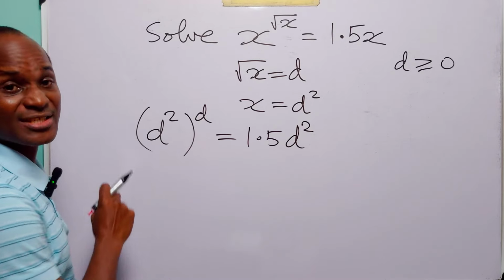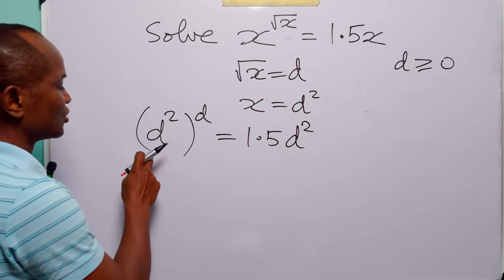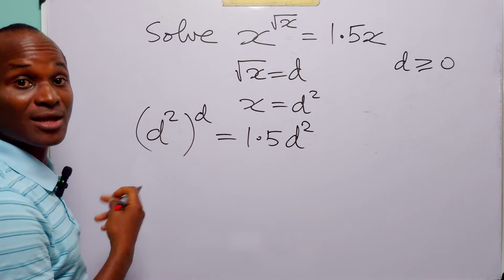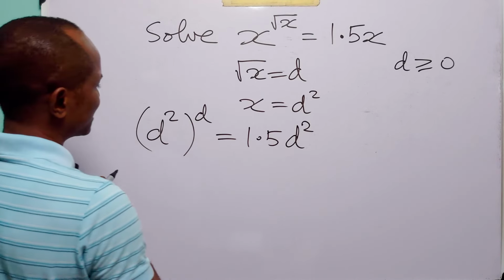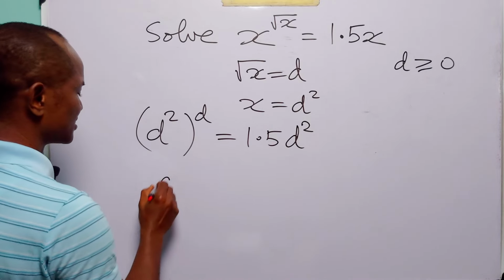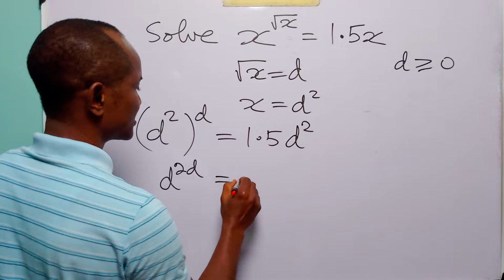Now remember that in a situation like this, when we have two powers, to get rid of this bracket, we simply multiply these two powers. So on the left-hand side of this equation, we have d to the power 2d, and this is equal to